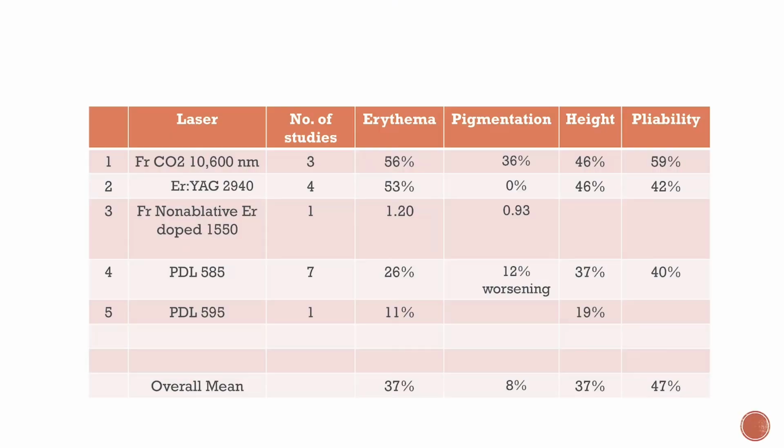credibility of that study. Coming to the laser specific results, here we see the effect of various lasers on various scar characteristics. That is erythema, pigmentation, height, and pliability. So here we see that fractional CO2 laser has a higher score than the overall mean in all the departments of erythema, pigmentation, height, and pliability. So would you like to comment something on this? So you can see that fractional CO2 was the most effective laser here as far as overall improvement in a